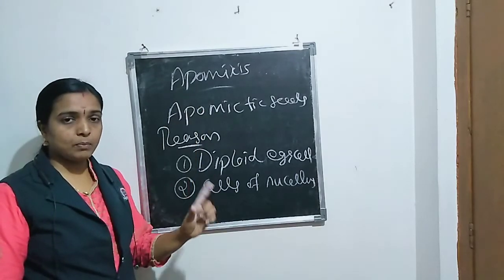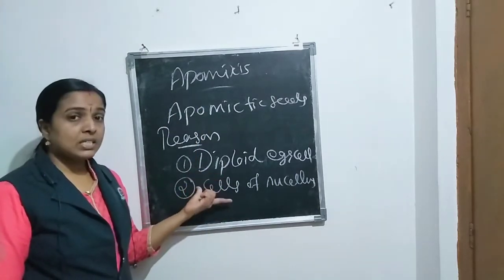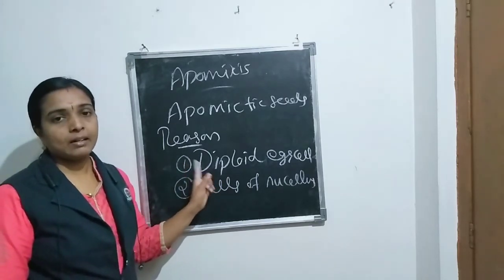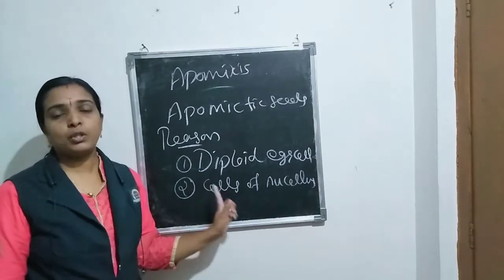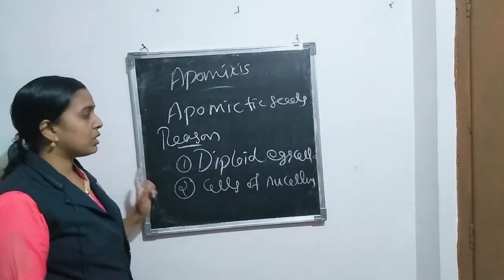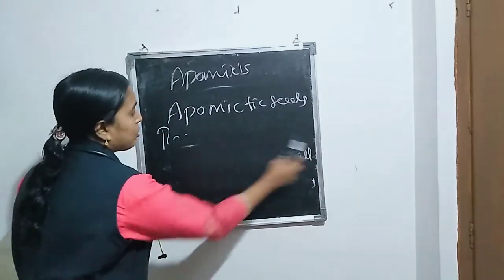These are the two reasons behind apomixis. You can read the textbook. Two reasons or two ways of production of apomictic seed: a diploid egg cell directly formed, and also cells of the nucellus forming apomictic seed. These are the two reasons for apomixis. Then next one is